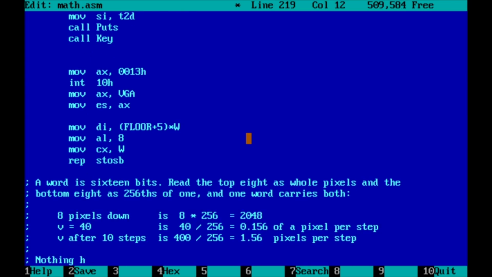So 8 pixels down is 2048, not 8,2048, and a speed of 40 means it moves a sixth of a